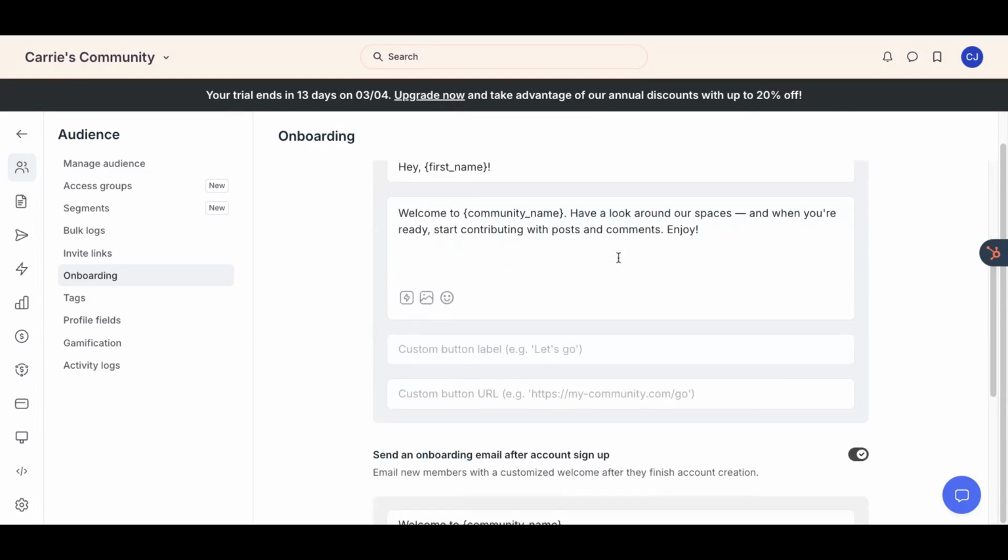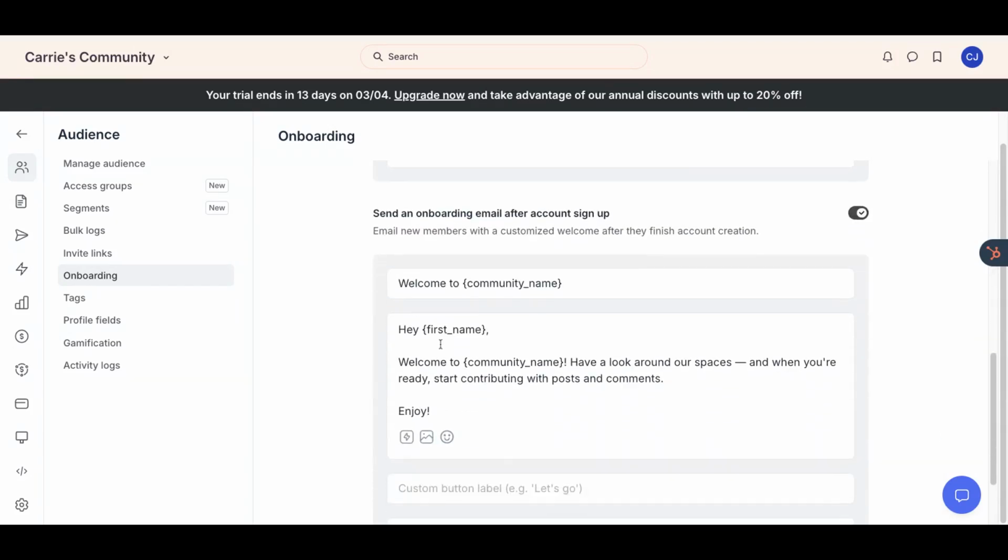And then you have the option to put in one call to action. Do not miss that option. Definitely do it. Create one very clear call to action that you want people to act upon at this stage. And then the same thing here, definitely create an onboarding email. So this will get sent to all of your new members upon joining. So typically what happens when you join a community is you're like, oh, I'm so excited, I'm in this community, I'm going to click around. And then you're distracted by life. And then you click away from it and then you forget about it.